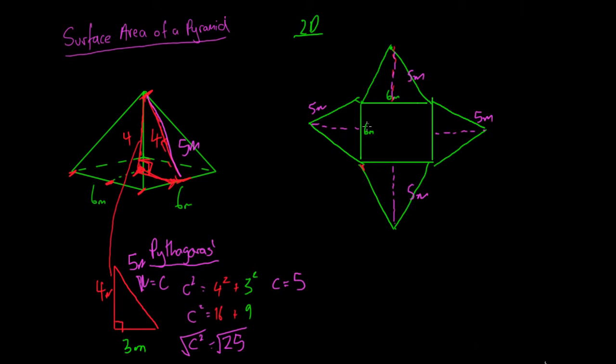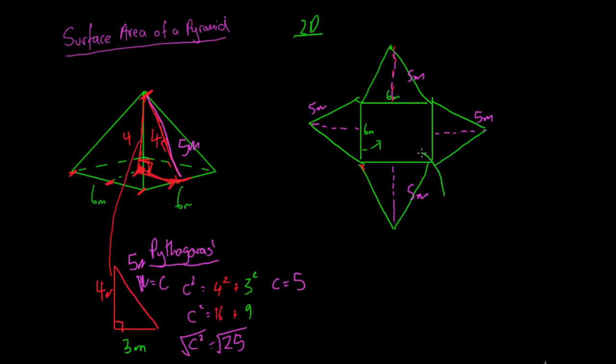So we now have this area here of a square, and we've got a base and we've got a height. So we can essentially just break this down into two different pieces. So we've got these 4 triangles, which are going to be one of the pieces, and then we've got this thing in the center. So if we want to work out the area of this square base in the center here,